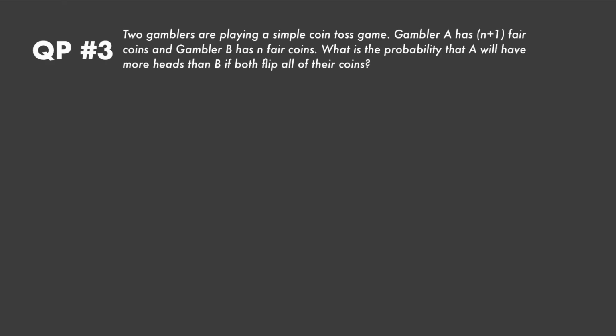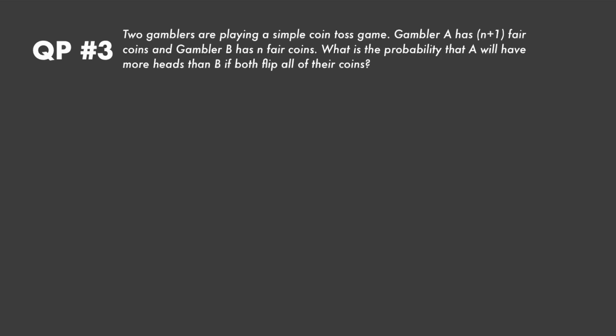So this would be really hard to solve if you're not using symmetry. It would basically require the sum of a bunch of sums of different binomials. So the fact that you can solve this so easily with symmetry is kind of cool. So where does the symmetry come in? Well, gambler A has n+1 fair coins and gambler B has n fair coins, so there will be symmetry through